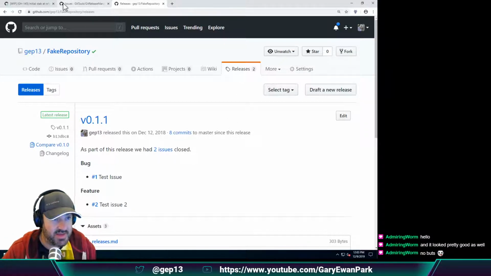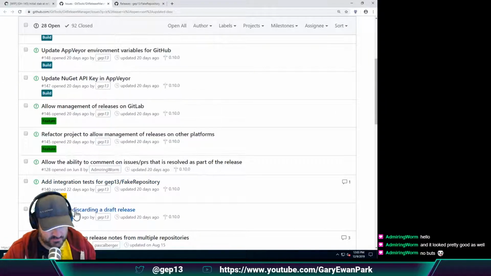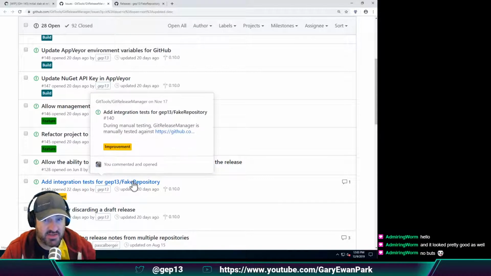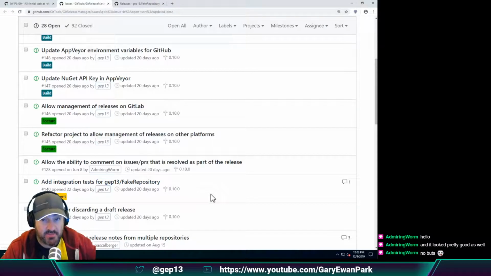So if we can get to a point where we have support for discarding a draft release, then we can quite quickly add in the integration tests. So then we can quite quickly, as part of the commit into the repository, exercise those integration tests to make sure that everything's working. So when I say I'm going to YOLO it, what I mean is let's implement the